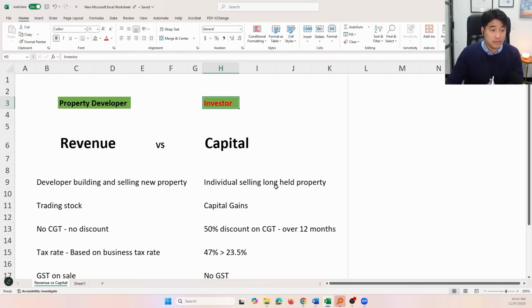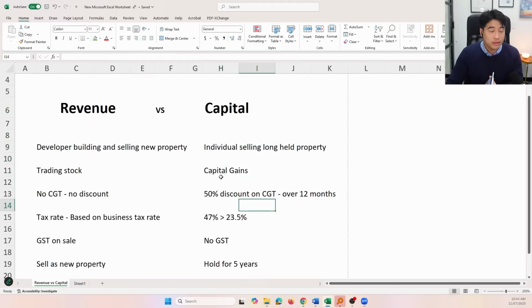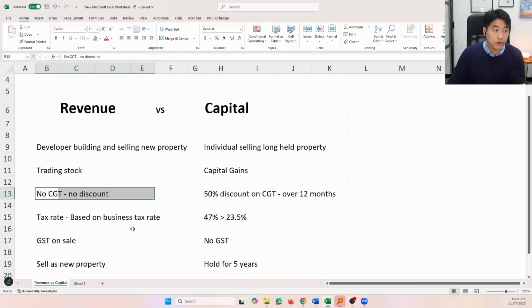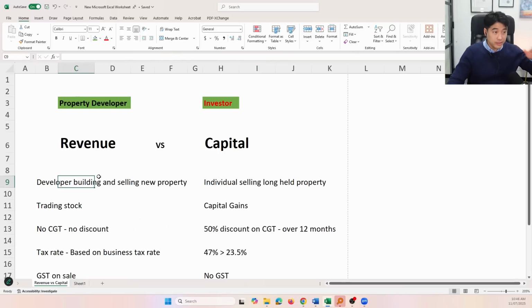That there, the ATO says that's not capital, you're not an investor. You don't hold the asset for a very long time. Your intention is you don't get any returns from it. The only return you really get is from building the product and then selling the product. And that there is a business. And so therefore the ATO sees that you're running a business, so you don't get the 50% discount, and you don't run it like an investor. So they apply that understanding to property developers as well. The ATO sees property developers very differently.